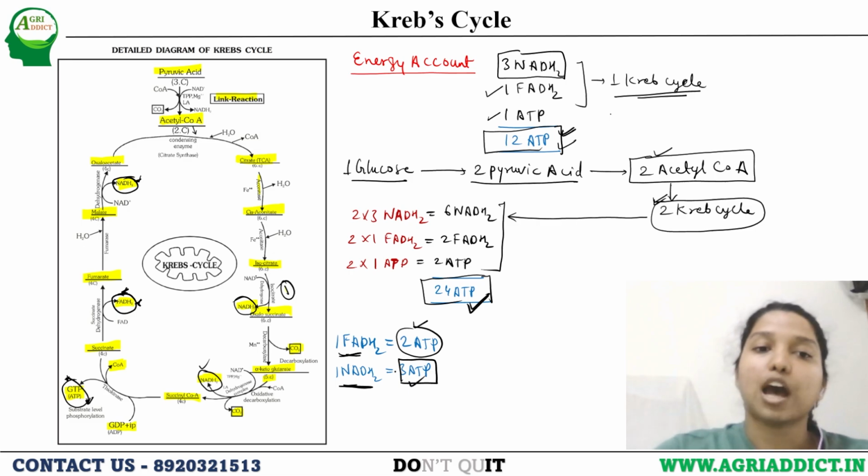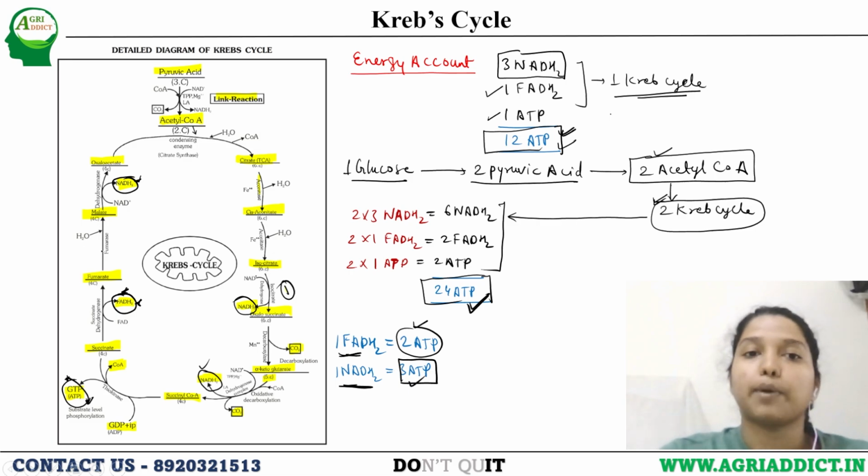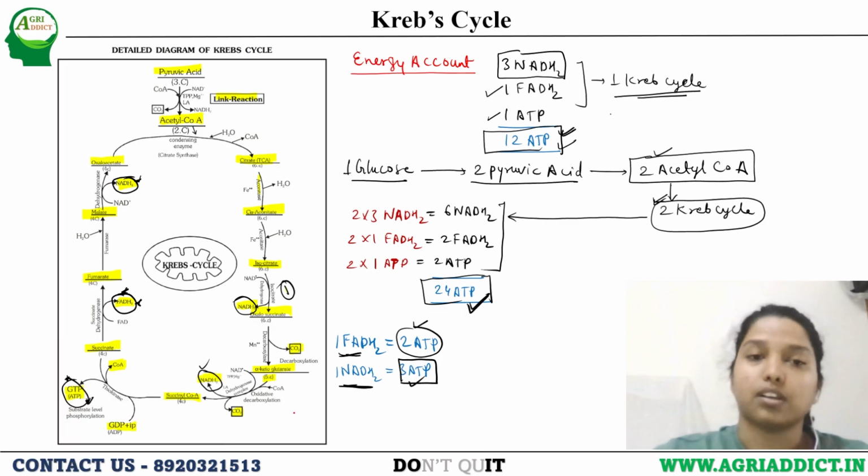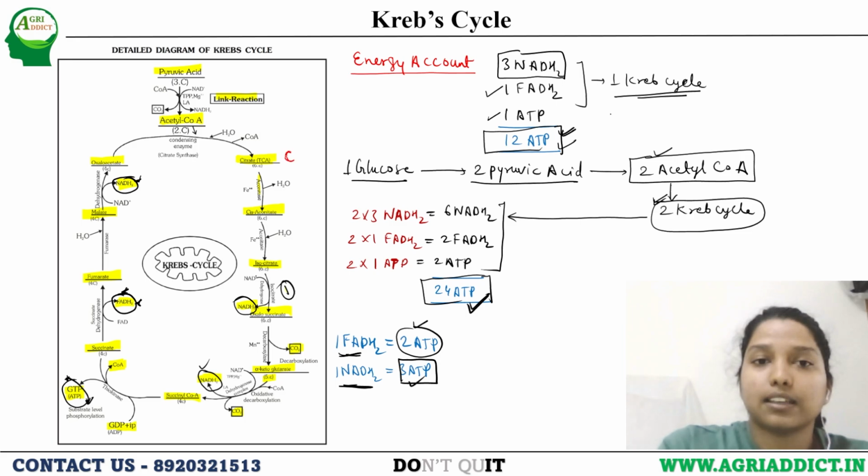Now these compounds, how will you remember which compound is getting formed after which compound? So one trick is there. First compound is citrate, so we can call it C. The second we are getting is isocitrate, so we can call it I. Then alpha ketoglutarate, which is 'know'. Then succinyl coenzyme A. So, 'C I know some simple',